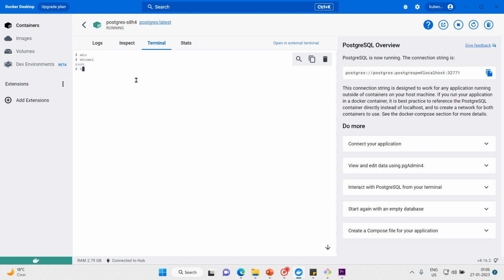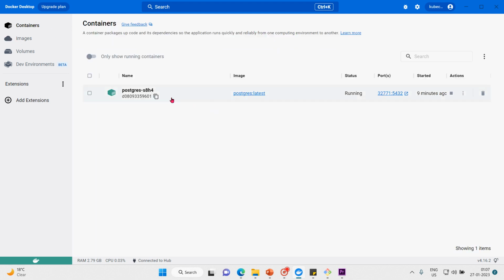And then the host name is this. Let me copy this, d080, and let me go to the container. d0809, hence it's root. So it's the terminal of the container, it's not some other thing, it's the terminal of the container. So now let me click on view details again